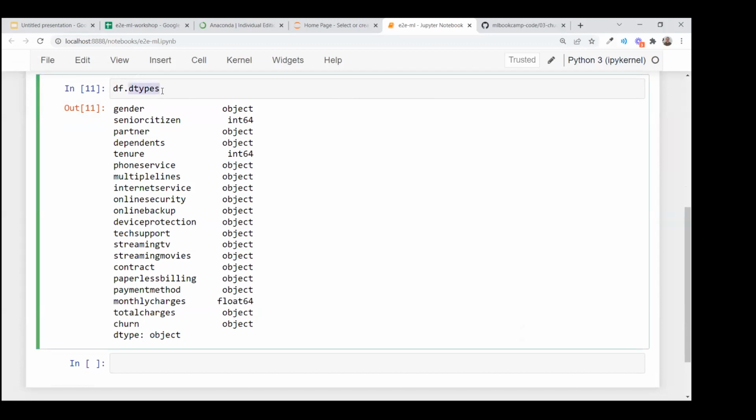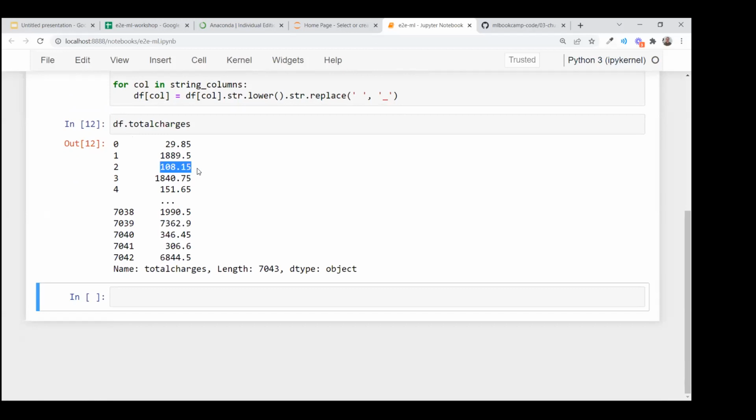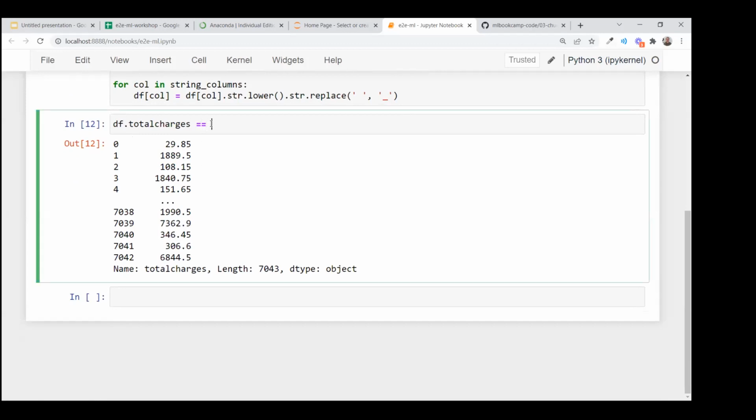If we look at total charges here, we see that this is a number, right? Pandas is supposed to know that this is a number, but it thinks it's a string. The reason for that is there are some things that are not numbers. We can take a look at them actually.